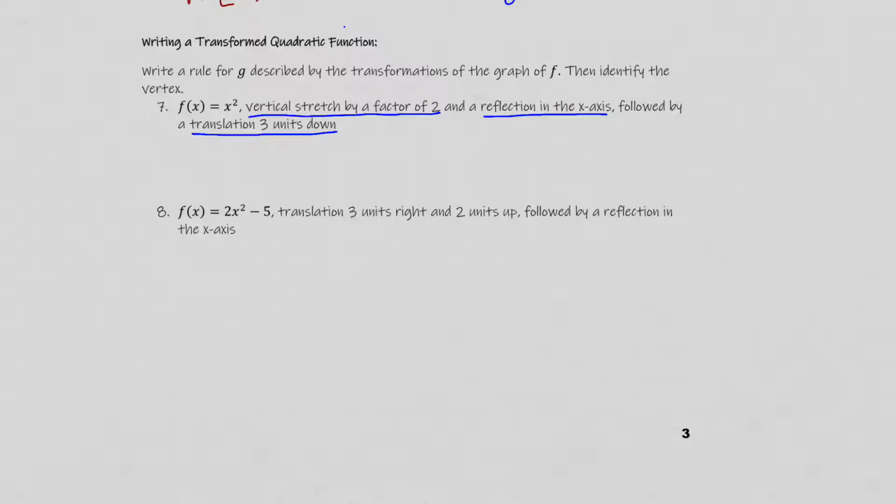Now remember, when I have the equation I follow, we know that it is a times x minus h squared plus k. A, and then if it's negative, it's a reflection, but that is the stretch or shrink. That's where it goes. So when I'm writing this equation, I have g of x equals, it has a stretch